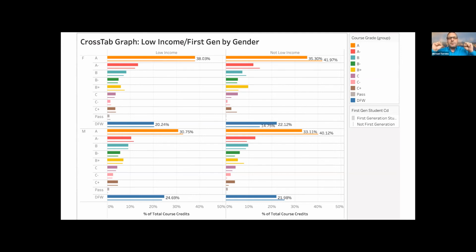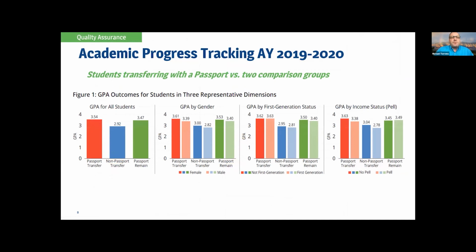And the academic progress, let's go to the next slide. The academic progress tracking also enables the Passport Review Board to compare results for passport transfer students, non-passport transfer students, and students who are awarded a passport but remain at that institution. And this is where I think what I've called the trust but verify process kicks in, because all of us are taking a little bit of a leap of faith in participating in the passport, which is when we agree to accept transfer students in who are said to have completed their general education,